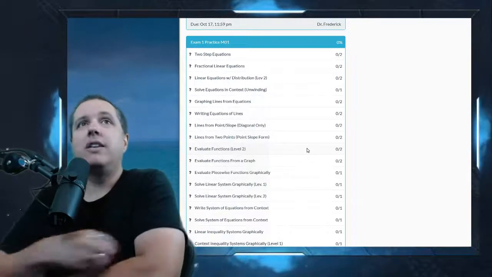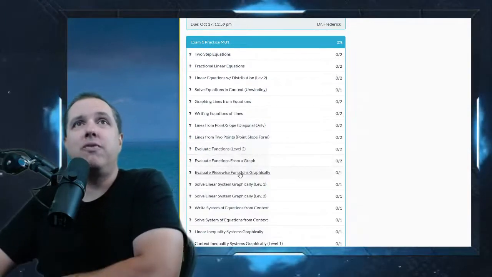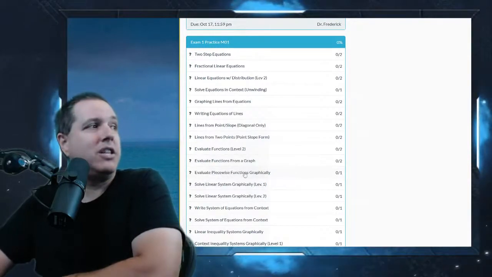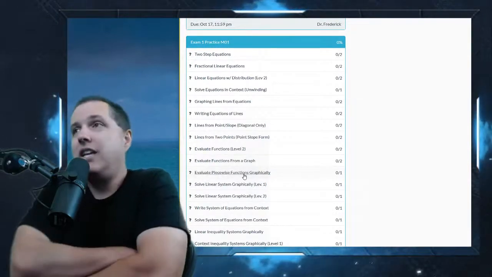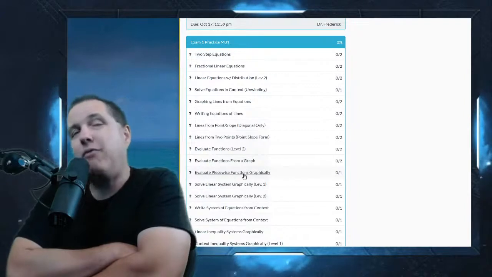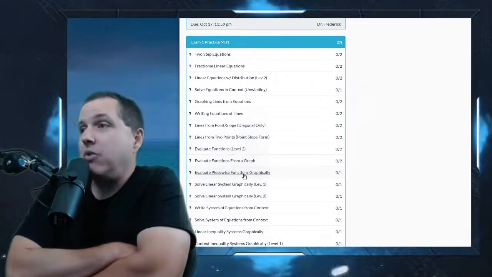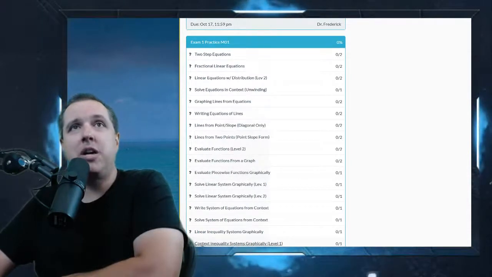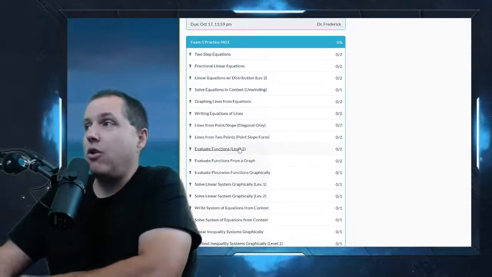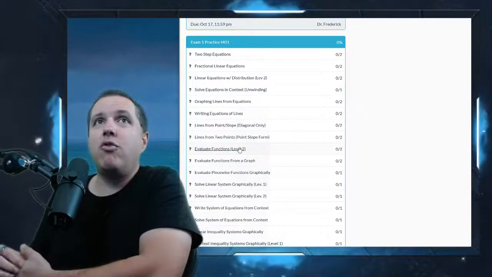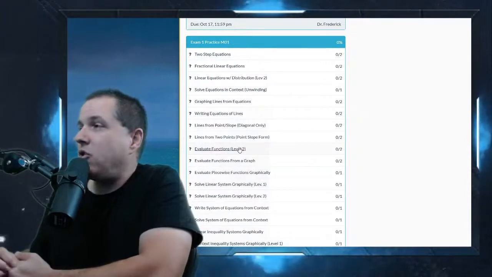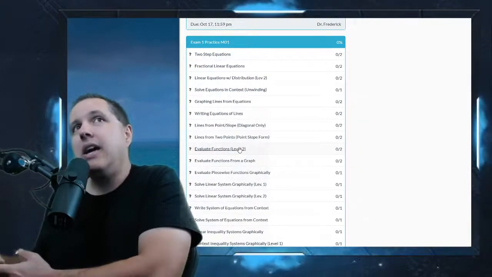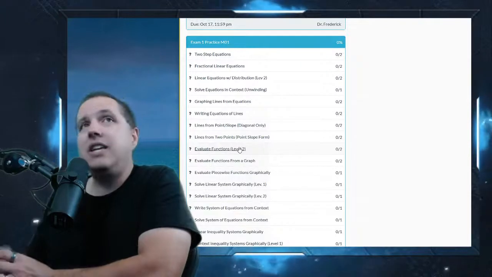So the one I keep going to, evaluate piecewise functions graphically, that's one that traditionally students are confused with. So if I get an email with one of those, I'm going to go, yeah, I bet a few students are confused with that. And then we can talk about it. If it's linear systems from context or whatever, we can go over a couple more of those. We can go over whatever you need to see, but you're going to have to inform me as to which problems you need to see, and you can't do that